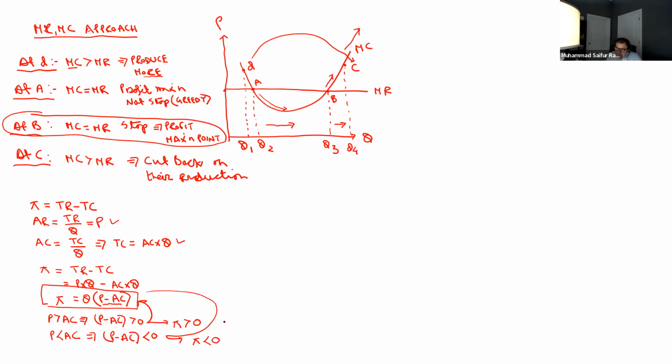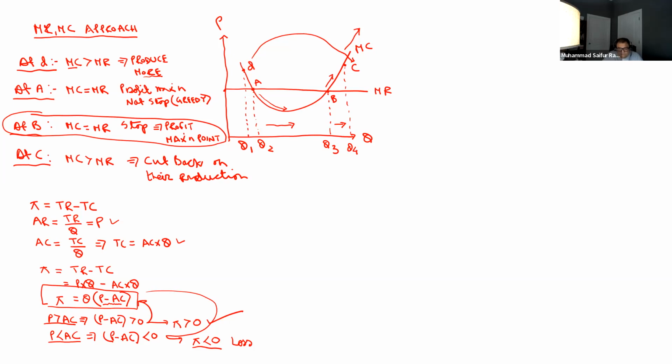So these are two very important conditions. If profit is positive, that has to come from the fact that your price is greater than average cost. If your profit is negative, which means that you are earning a loss, that can happen when price is smaller than average total cost. So with those expressions, let us now go back to our